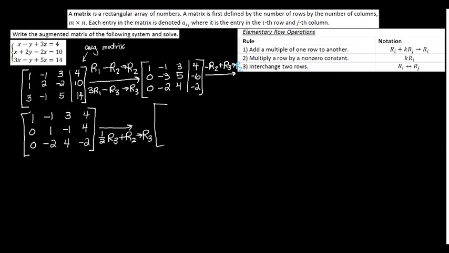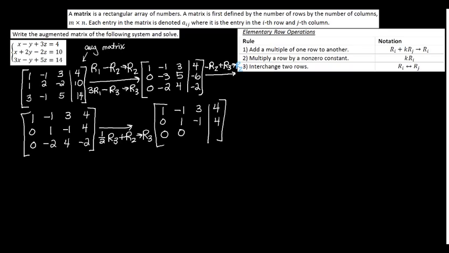So I'll complete this operation. I didn't change anything else. So I'm keeping row 1 and row 2 the same. This time row 3 is going to change. So 1/2 of row 3, and I'm going to add it to row 2. Creates a 0 in the first term, a 0 in the second term, then 1/2 of row 3 plus row